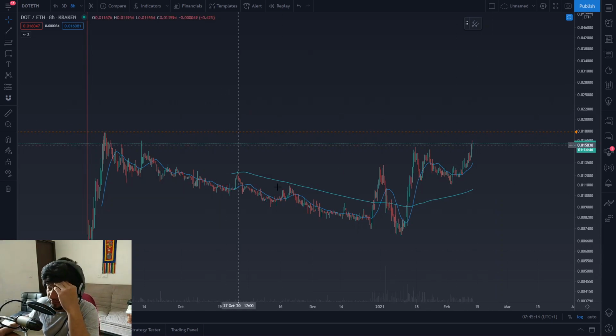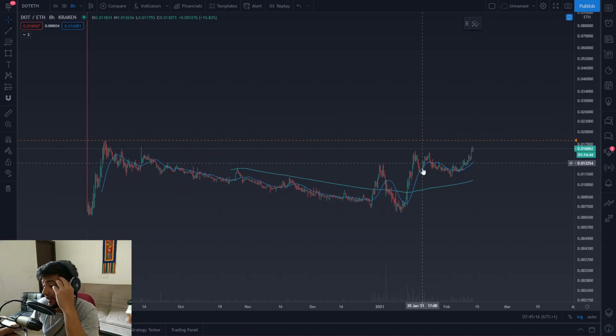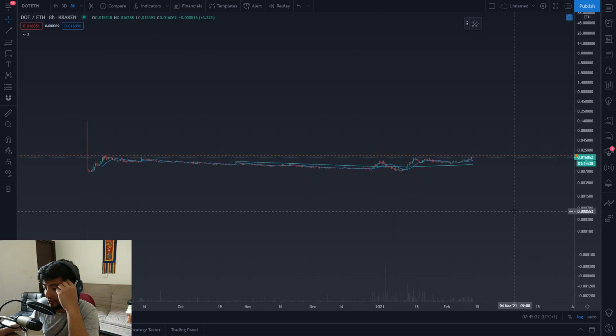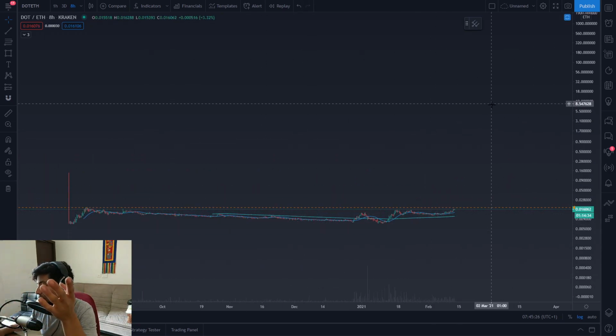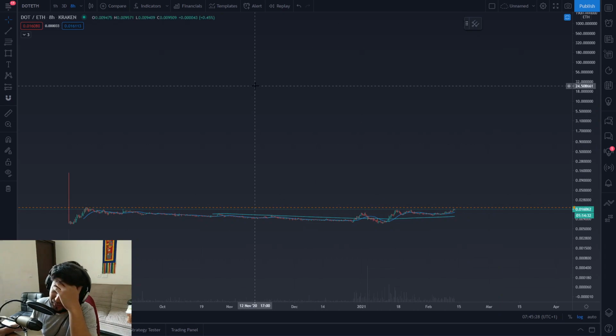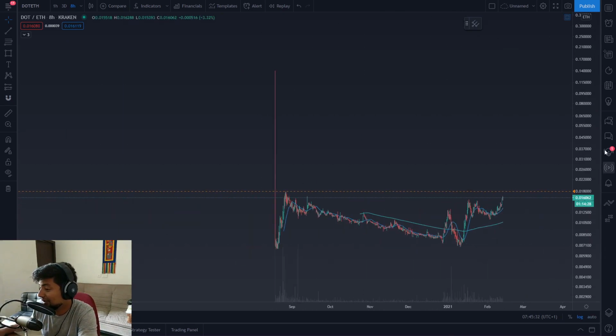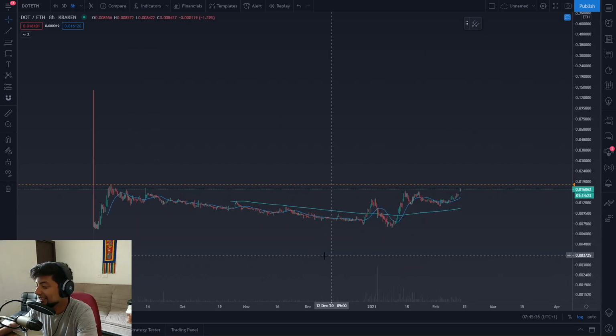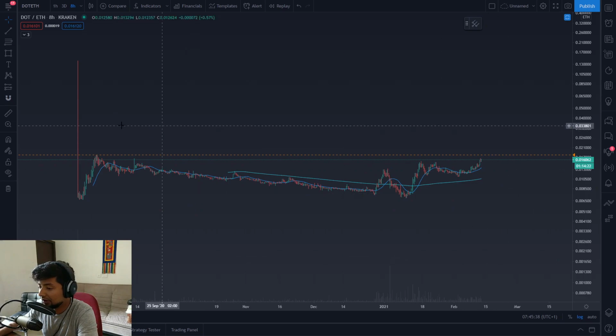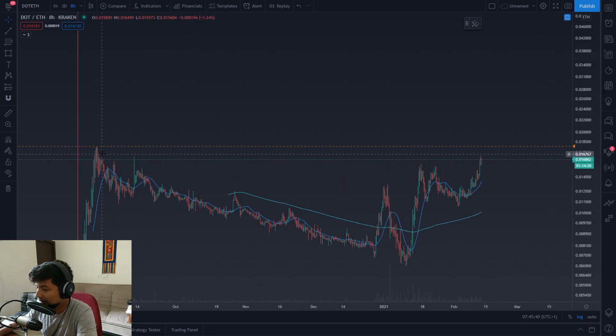Because if it does, it's going to have a massive upside, because this could be, well, an accumulation range which could look something like this on the macro. I mean, of course, it can't go to 10 Ethereum per DOT. That would be nope. But yeah, on a greater whole, resolving this point to the upside, where this particular alert is at,